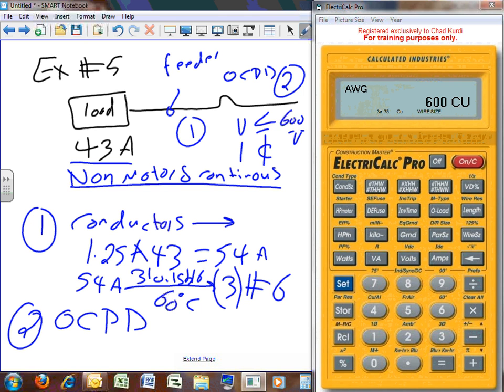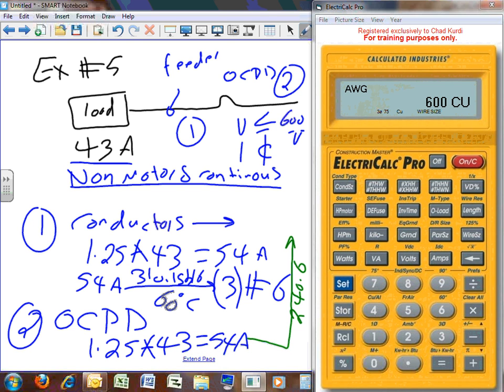Overcurrent protection device, guys, if it's continuous, the same 1.25 times the same calculation, 43, gets you 54 amps, except I'm going to try to use the same. We take this one to table